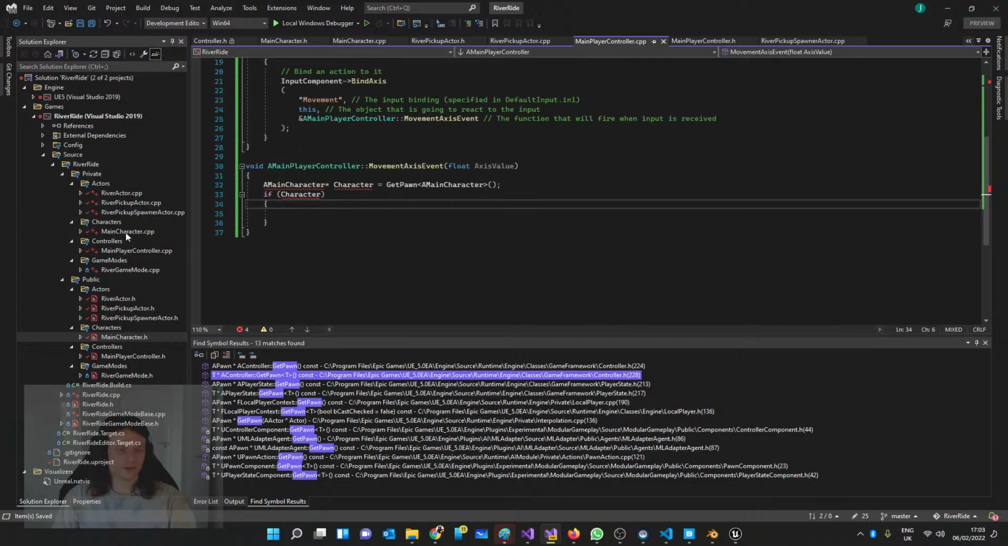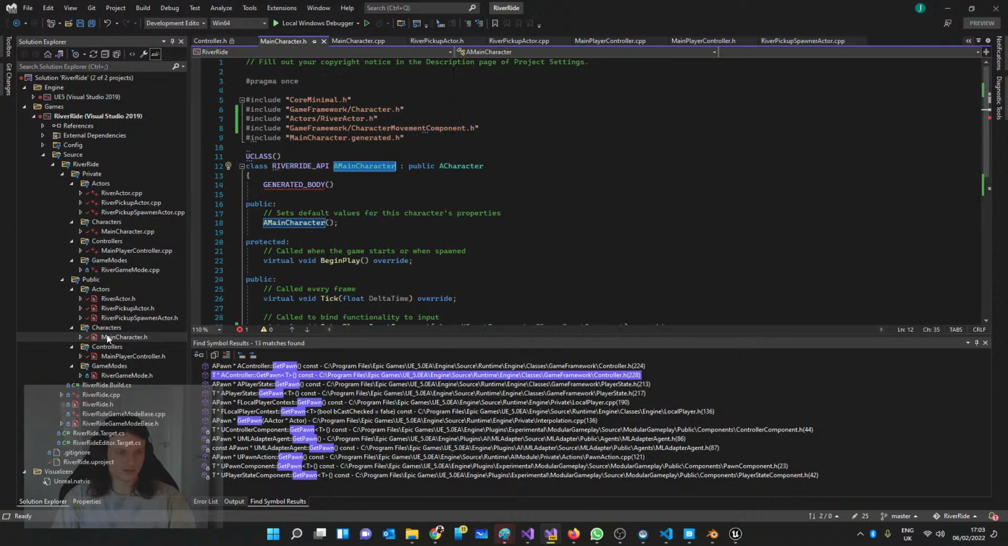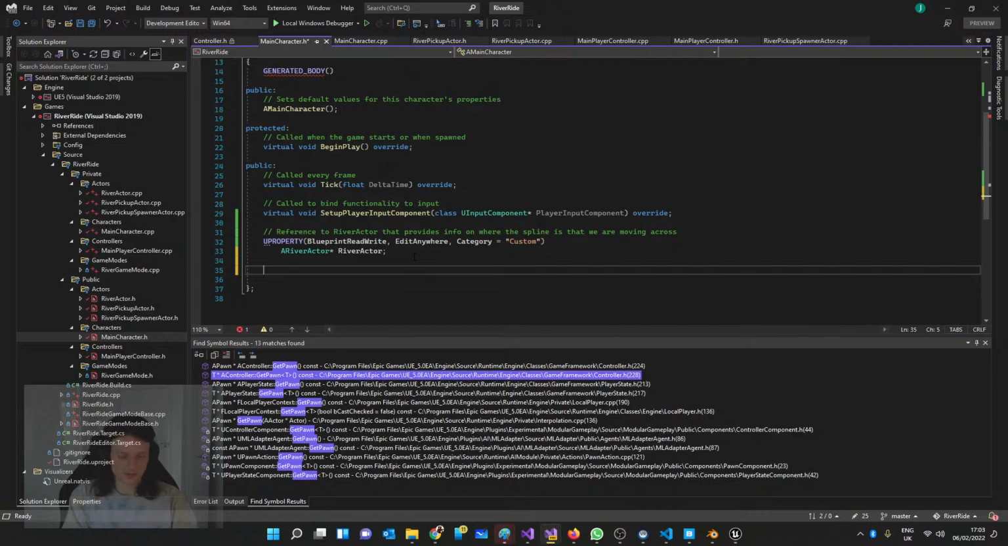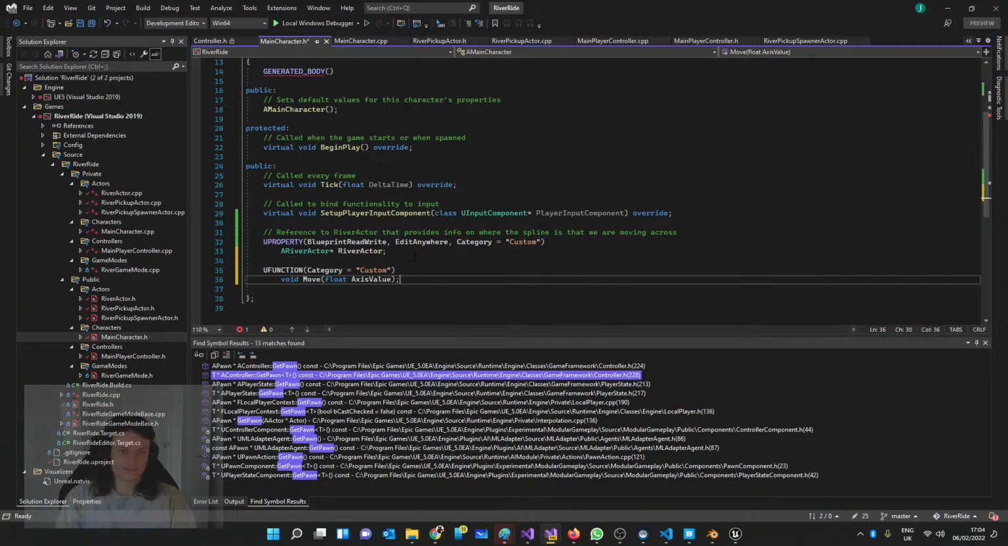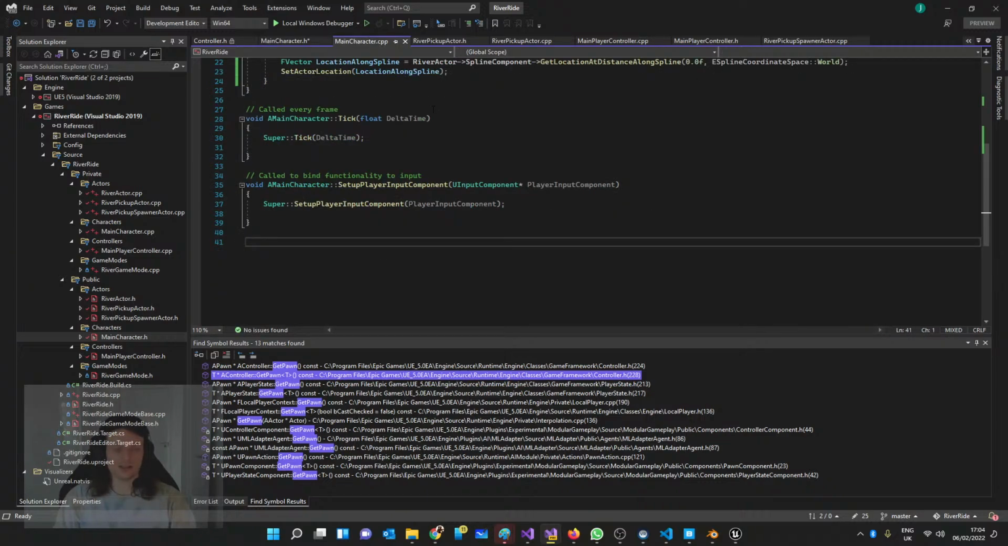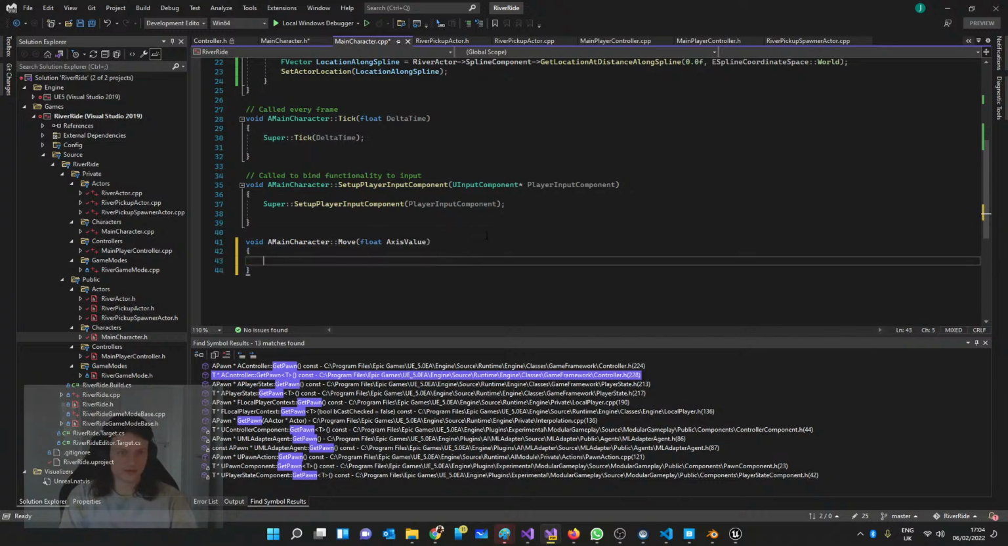So we need to have a move function. If we go to our move character, and we add a function, UFUNCTION, category of custom, and we'll go void Move, and then we'll give it a float AxisValue. And then we need to make that actually have an implementation. So we go to the Control K O to go to the CPP file, paste that in, double click and copy that one, remove the semicolon, give this some braces,